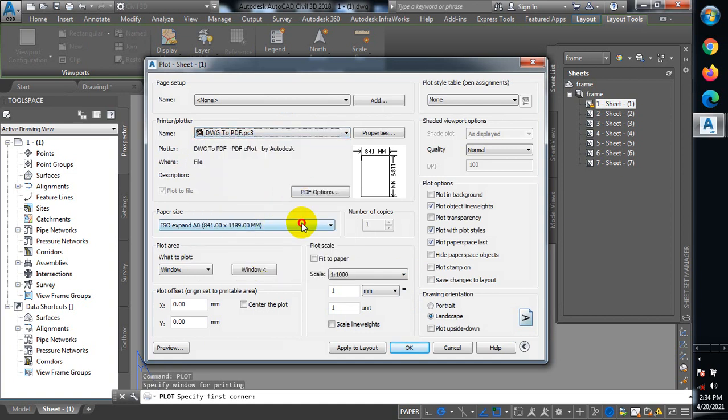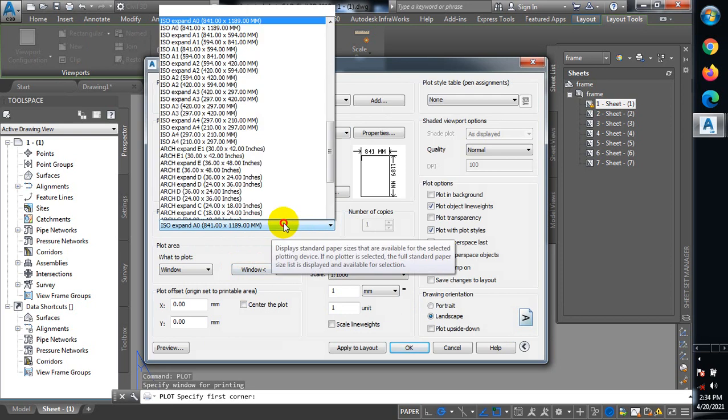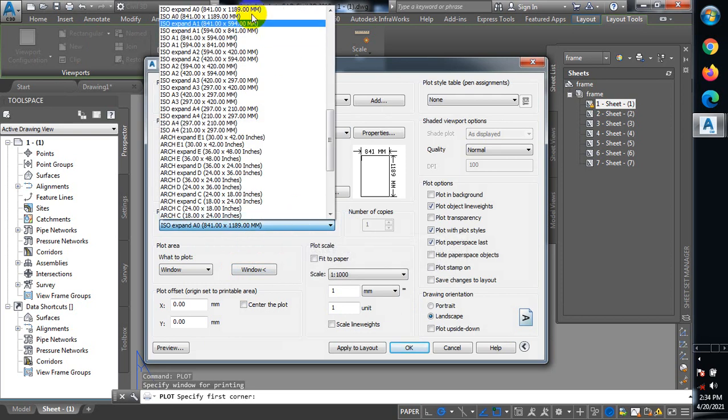DWG to PDF. Yes, I'm going to leave it at A0, still on A0, but